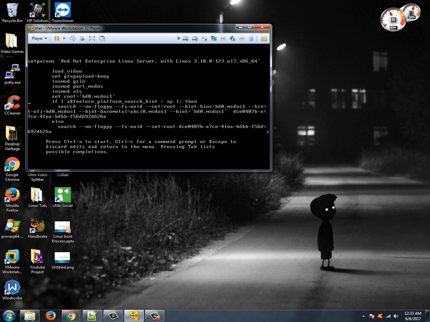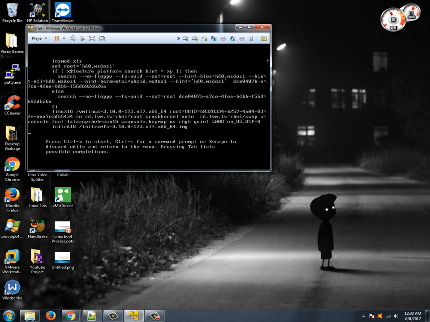We'll scroll down with the cursor keys to the last line and go to the end of the line where it says LANG=en_US.UTF-8, and then add a space and write rd.break,